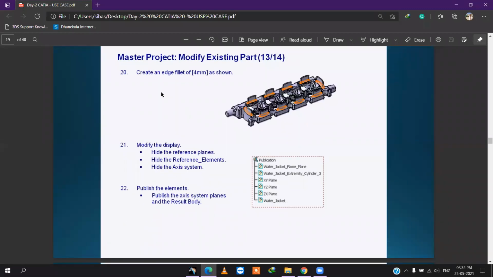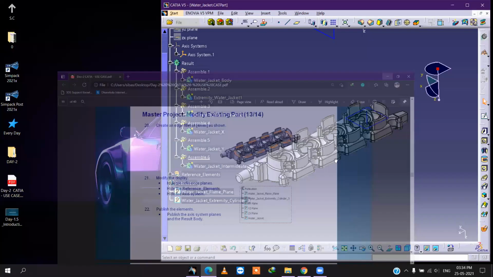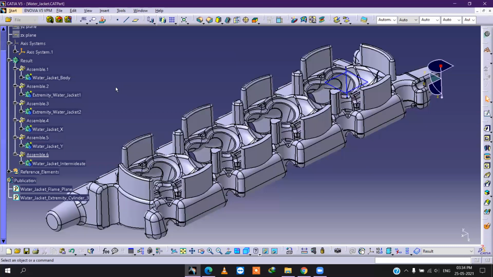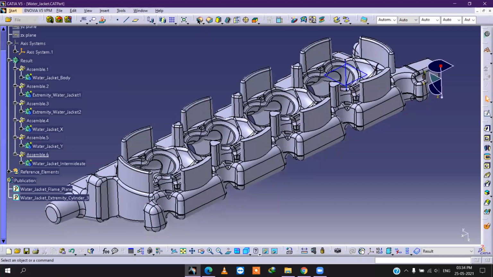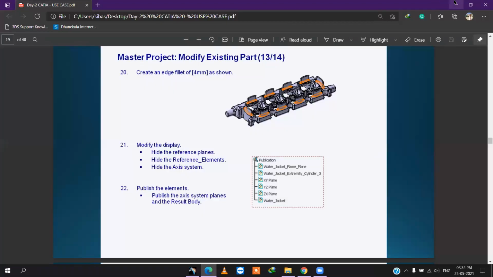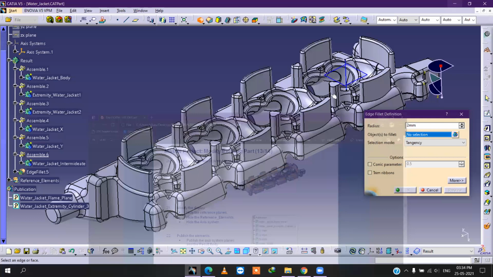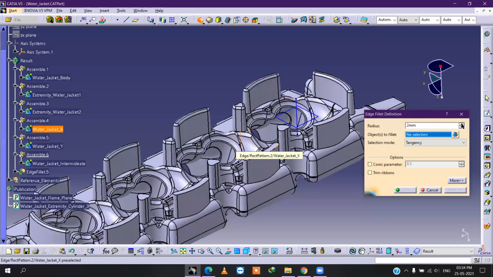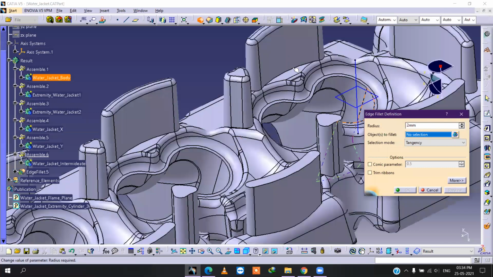After that, you have to give an edge fillet of 4 mm. Okay, edge fillet of 4 mm. What is shown? The orange colors. Zoom in to give it 4 mm.